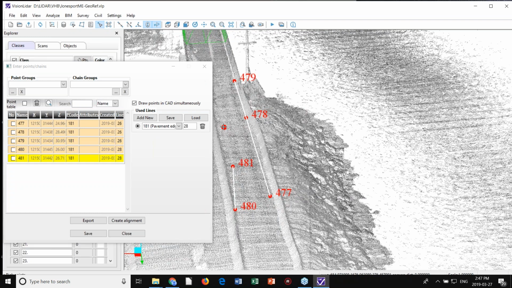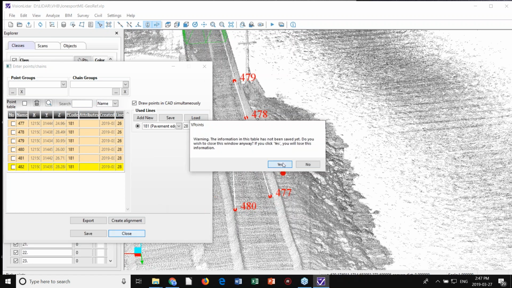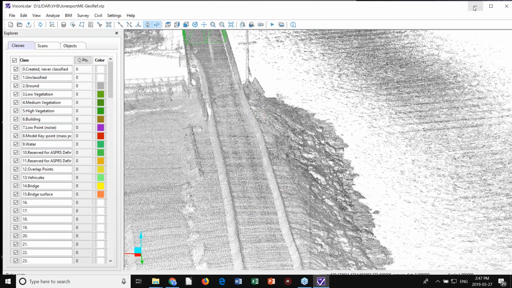Just like that. You can create alignments also. You can do many things with those tools, all with the extraction. So this can be exported directly into your CAD. And if I show you what it looks like in the CAD,